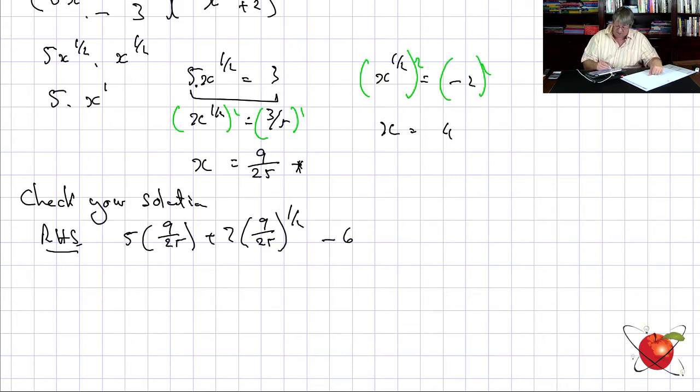Let's see what this is. Well, what is that? 5 times 9 over 25, that becomes 9 over 5. Plus 7 times that becomes 7 times 3 over 5 minus 6. That's 9 over 5 plus 21 over 5 minus 6, which is equal to